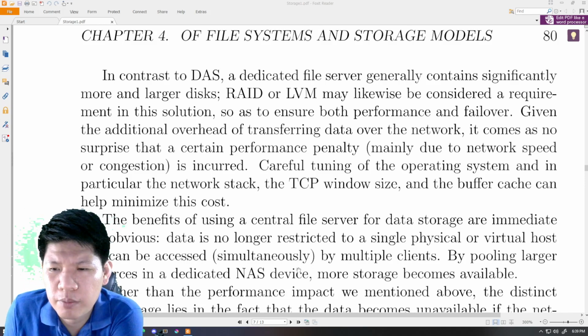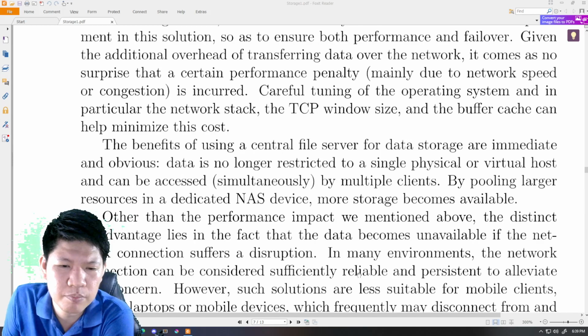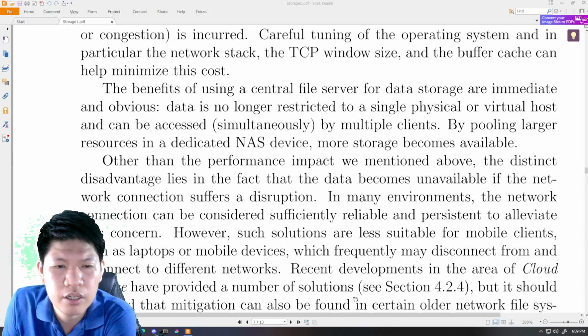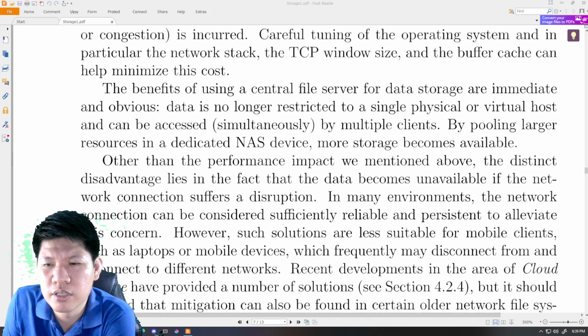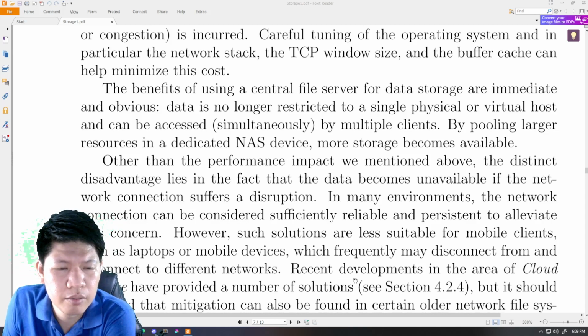Carefully tuning the operating system, in particular the network stack, the TCP window, and the buffer cache, can help minimize this particular cost. The benefit of using a central file server for data storage is immediate and obvious. Data is no longer restricted to a single physical or virtual host, and can be held